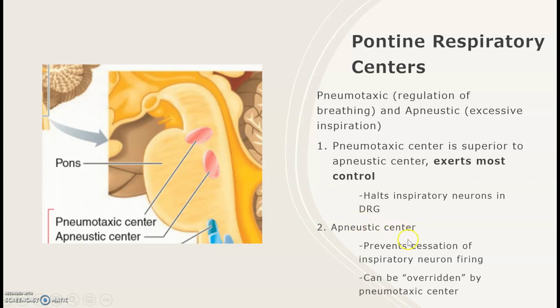Whereas the apneustic center prevents these inspiratory neurons from stopping. So if we think about it in this way, the pneumotaxic center stops inspiration so that it doesn't get too out of control or the lungs don't expand too far. Whereas the apneustic center prevents these inspirations from stopping, which is kind of an interesting thing. We think about this being kind of bad, right? But if we think about kind of big, deep breaths that we need, sometimes this apneustic center will help in times of stress, so that inspiration can occur more vigorously, I suppose. But this can be overridden by the pneumotaxic center so that these inspirations don't get too out of control.